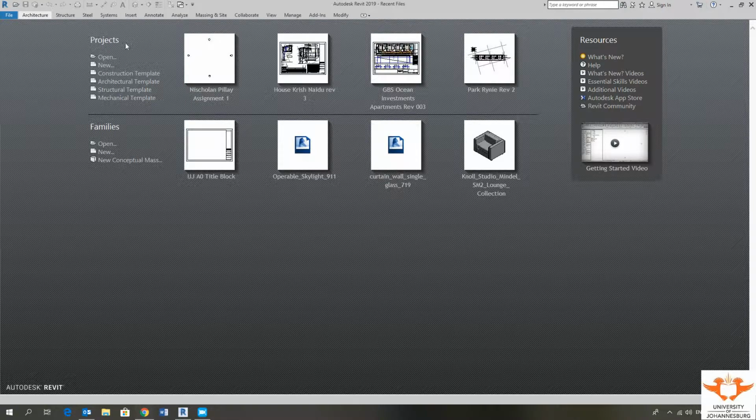Okay, so when you first open Revit, it'll come up with the screen with your previously opened projects. Yours would probably be slightly different. Mine's opened with my previous projects. So what our first move would be is to click on New,